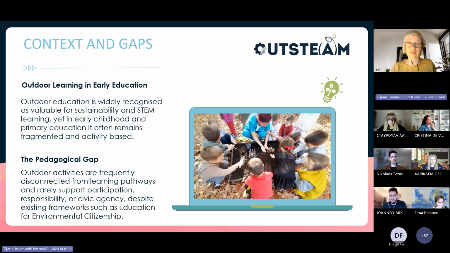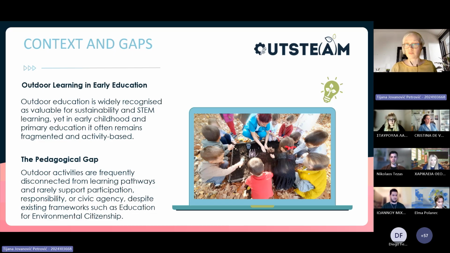So the key pedagogical gap lies actually in the lack of continuity and intentional design. So this methodology and program that we designed is actually this intentional design, intentionally including outdoors into the learning process. So outdoor experiences are not linked over time.